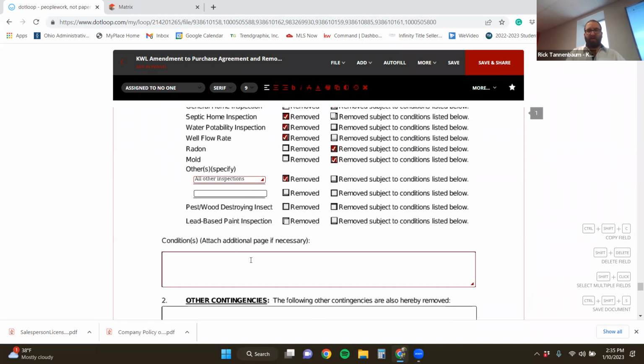And then if we scroll down under conditions, I would write 1, seller to remediate mold in attic. 2, seller to mitigate radon by a